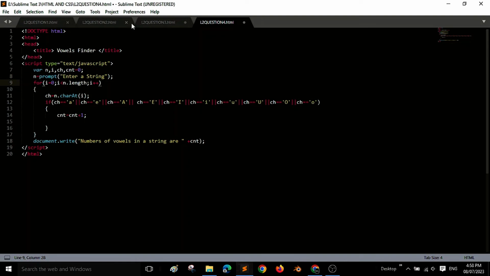So now let's move further. Inside the loop, the character at the current index is stored in the variable ch. I'll show you the variable ch. The current character is stored in the variable ch, and that task is purely done by the charAt function. The charAt function notices the vowel and stores it in ch. Now ch has that vowel stored.